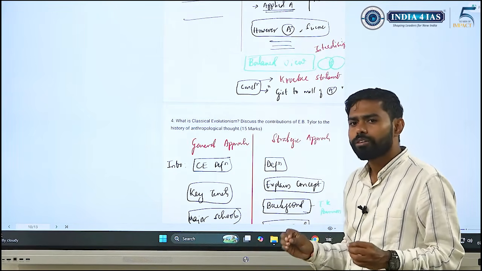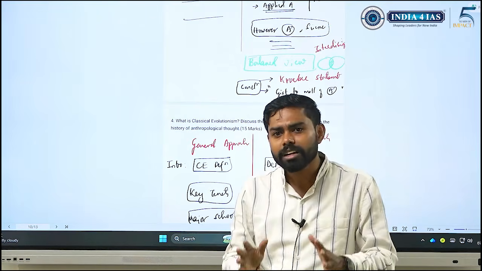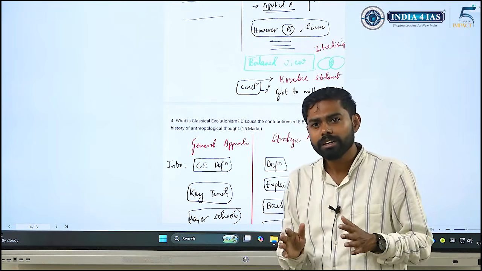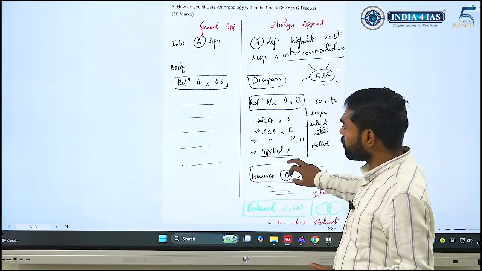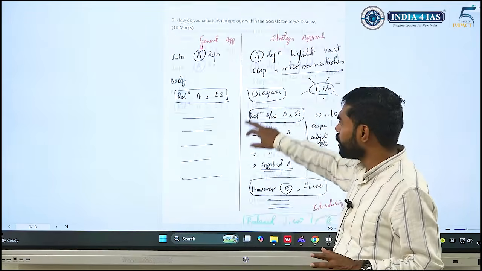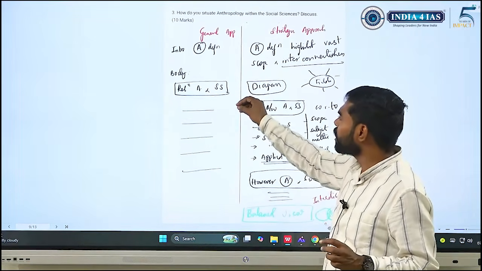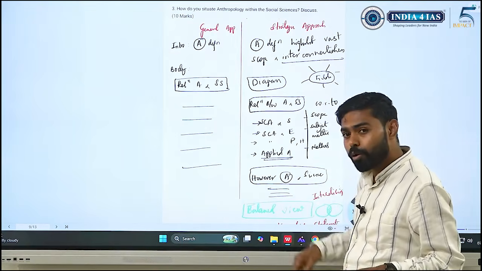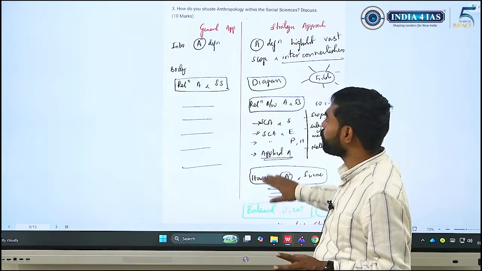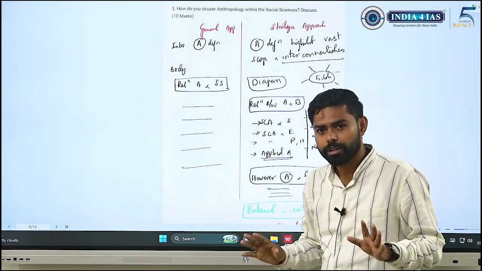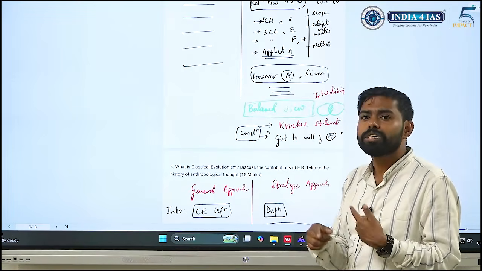So this is the quote phrase that I'm using to conclude, and this conclusion gives a strong closing to your answer, and that creates an impression in the mind of the evaluator, and you are going to fetch better marks. So imagine if you are writing an answer in the general approach, you may be fetching good marks. Good marks here means 4 to 5, 4.5 to 5, because you are at least addressing the basic demands. But if you want to score competitive marks, if you want to score more than 240, this should be the approach. The general approach will bring you at best 230 to 240. But if you are doing these parts, you are going to breach that 270 mark.